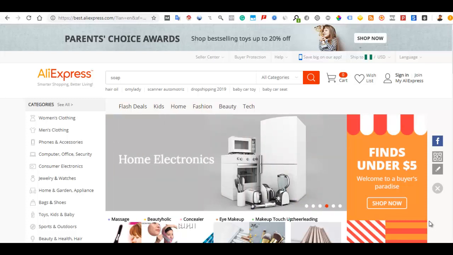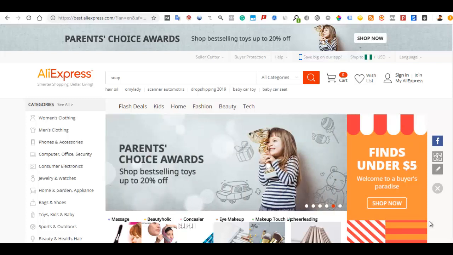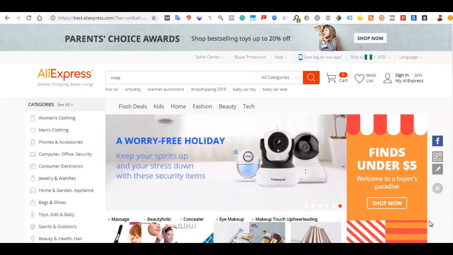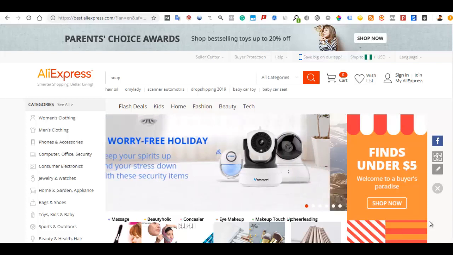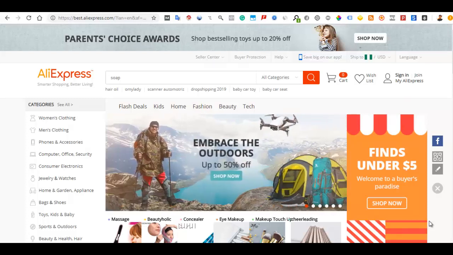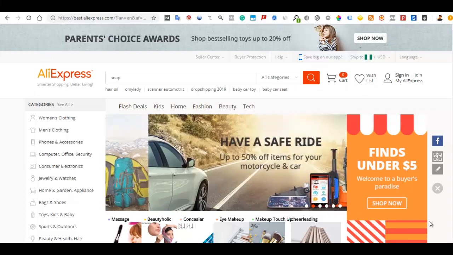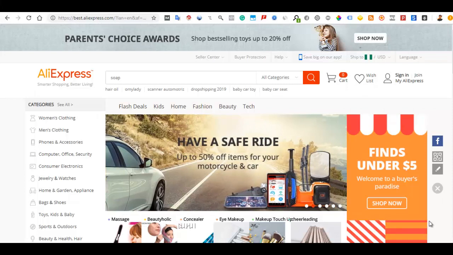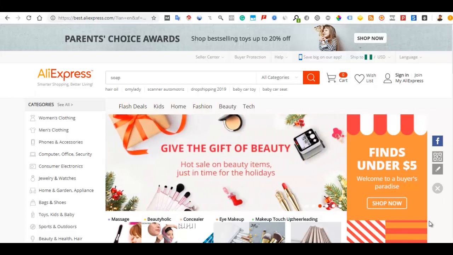They want to know the product that you want to buy. They want to know the quantity that you want. They want to know the size if the product has reference to size. All right. They want to know the color you want to buy. So you want to have all of these things ready. Okay. So what you just do is head over to any of the sites. So it could be AliExpress, could be Alibaba, could be Made in China, and it could be